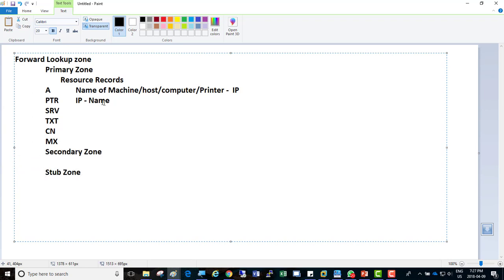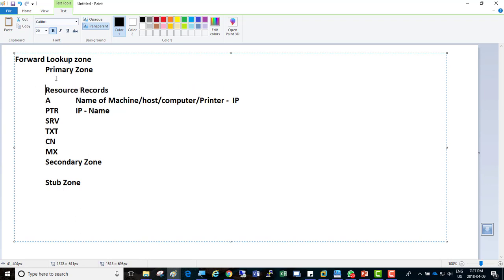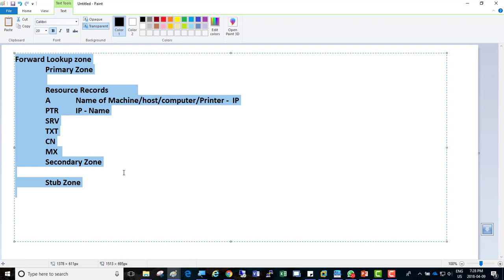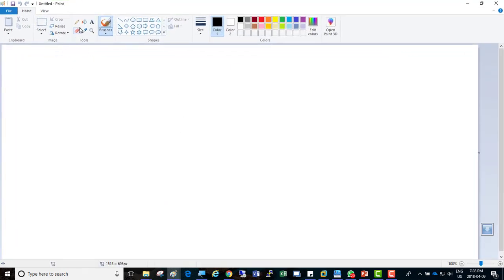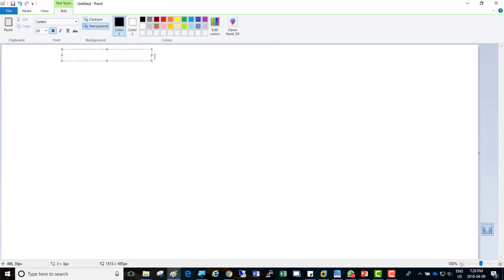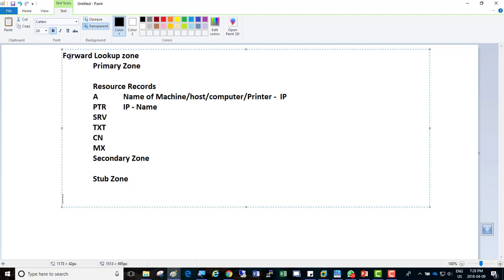So forward lookup zone has the same information, and the reverse lookup zone also has the same information, right? Why do I even use this application? Because once you move away from this area, it lets us. So if we go for reverse lookup zone,